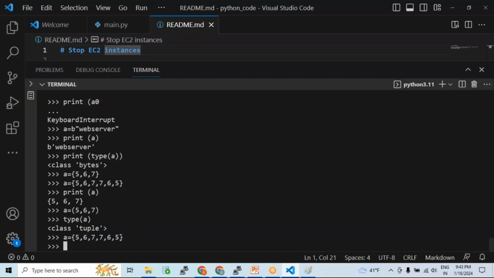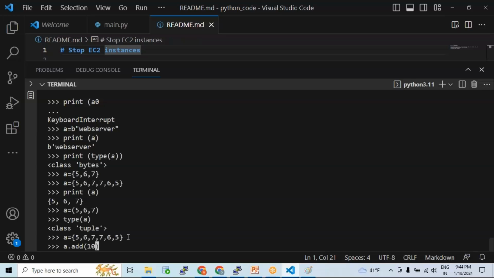But the set is a little bit confusing, okay, in the sense the set variable is mutable, but the elements inside the set are immutable. Let me repeat that again. The set itself is mutable, but elements inside the set are immutable. That means it is possible to change the whole set value, but you can't change the value of a specific element. For example, a dot add,